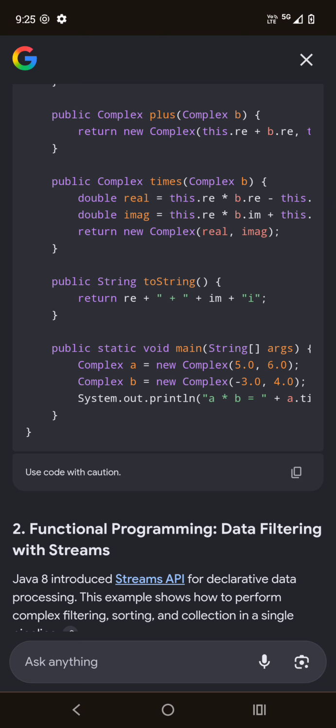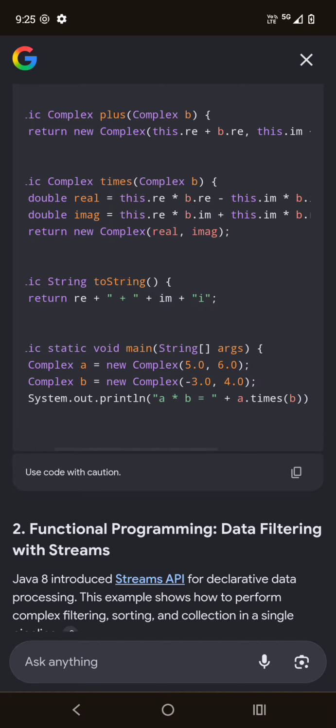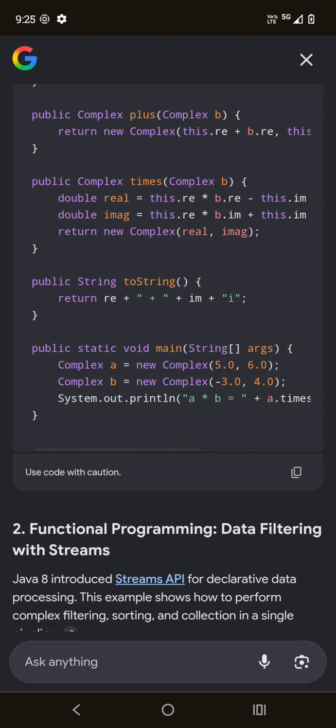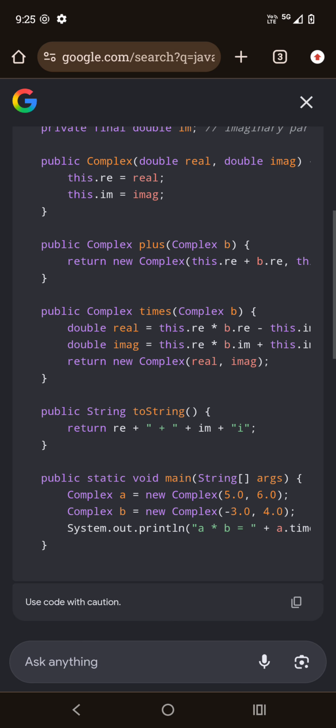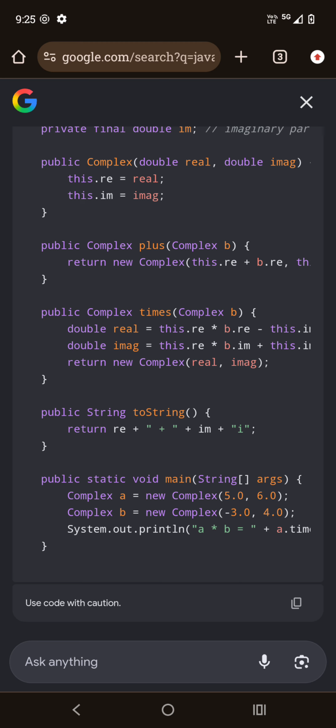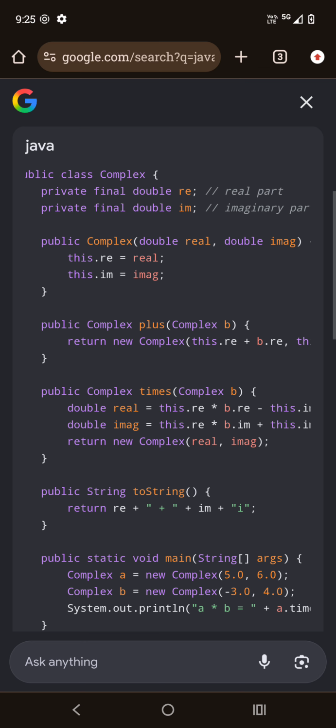In public static void main, I'm going to pass two objects for this example. The first thing is instantiating the complex object with the values 5 and 6, and the other with 3 and 4. You can see I passed the positive values, and later on I passed a negative and a positive value. And what happens here,